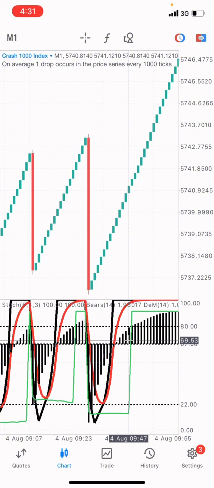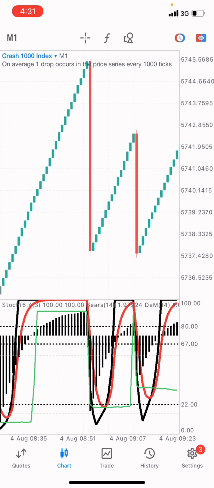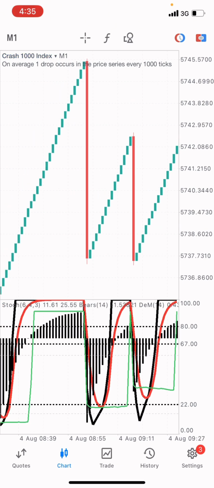Okay, I've taught this strategy and it works perfectly. Then if you want to catch the spikes, although I said in the beginning of this video that we're only buying the market because this strategy is called the bear power strategy, right? Only the buys. But if you want to catch the spikes on this market, all you need to do is just wait until